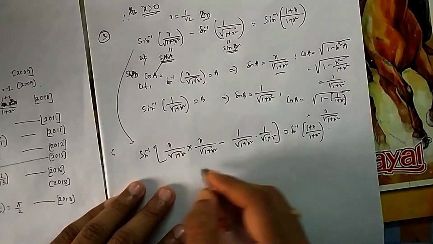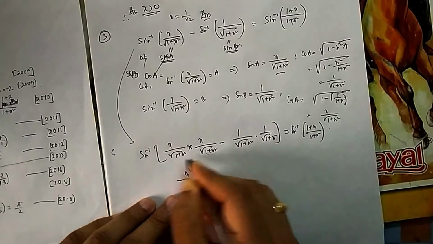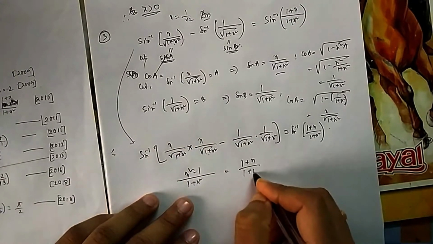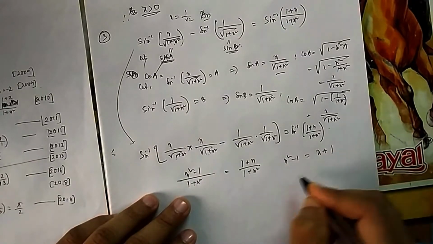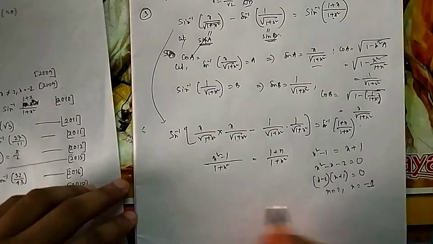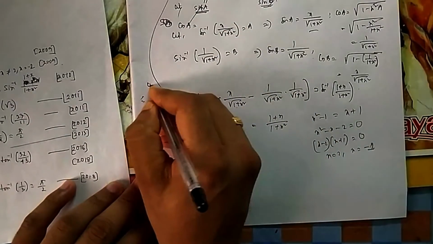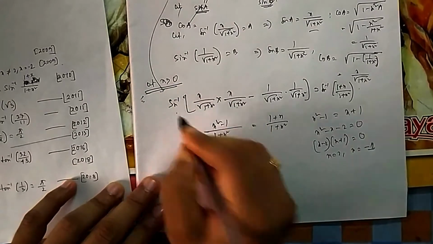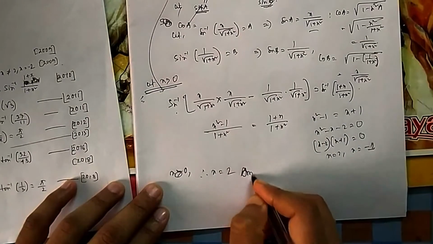So ultimately what you will be left with is x square minus 1 by 1 plus x square, because this into this will be 1 plus x square, and if you do the LCM it is x square minus 1. Again you can cancel out 1 plus x square, so x square minus 1 is equal to x plus 1, or if you factorize it, it is x minus 2. Again for this formula also x should be greater than 0. Let x be greater than 0, then you can directly apply this formula. So therefore your x is equal to 2, because you have already considered x greater than 0, and only then can you apply this formula.